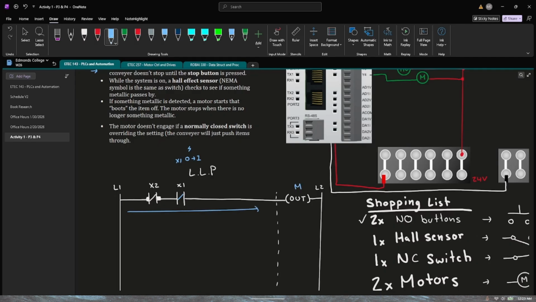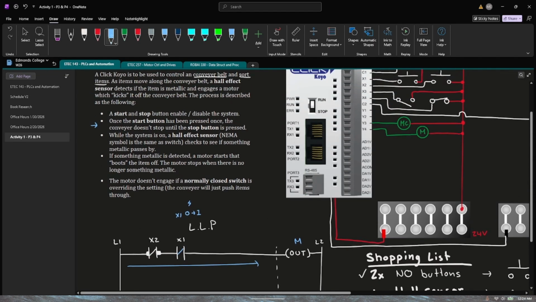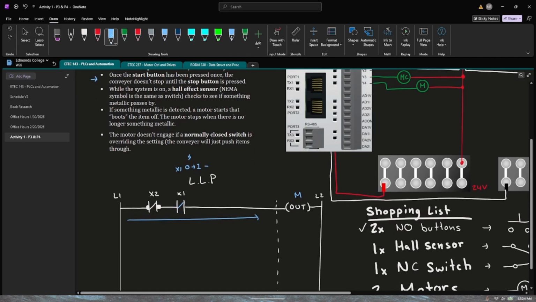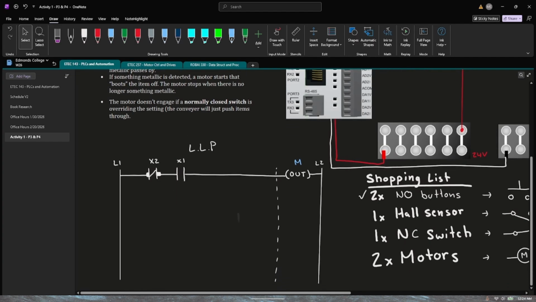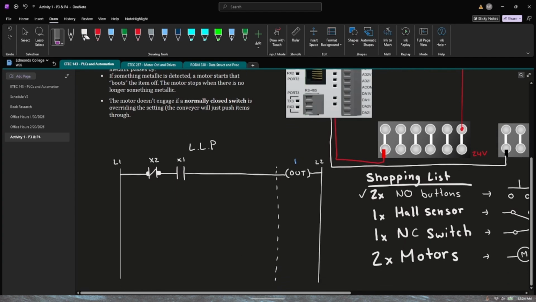But we can't simply put our motor here, because as soon as I let go of my start button, this 1 changes back to 0, which would disable my motor. And we don't want that. We want our motor to stay on in the case that I let go of the start button, so we need a self-latching circuit. So for that, I'll use a coil, or C1,